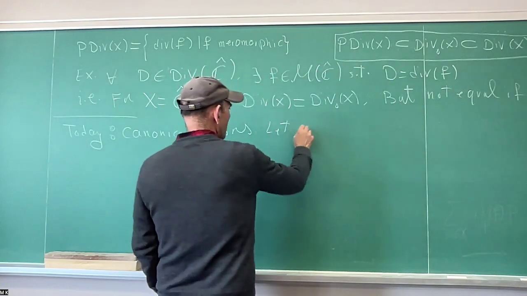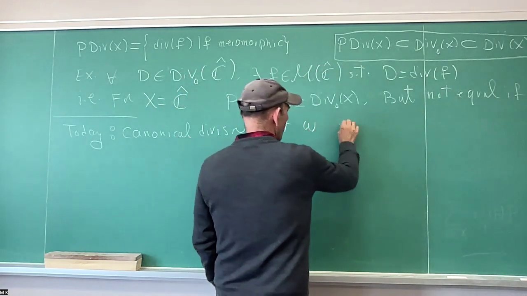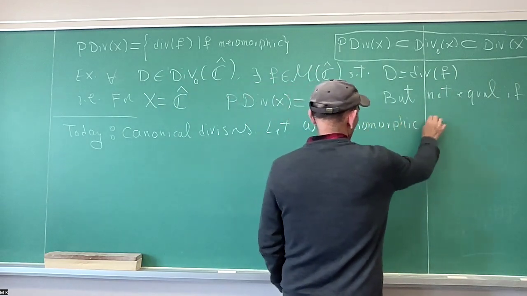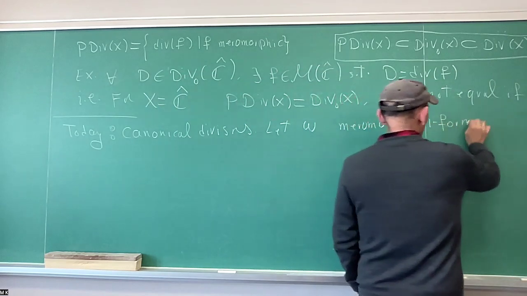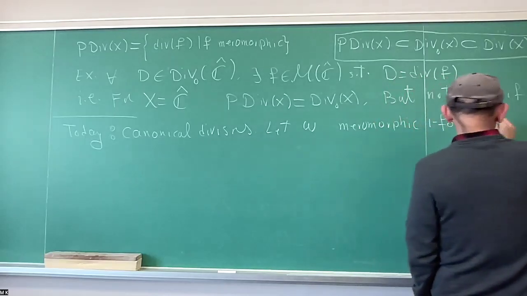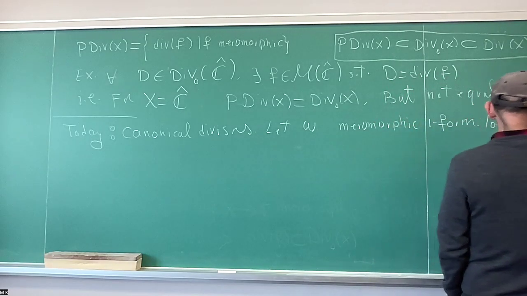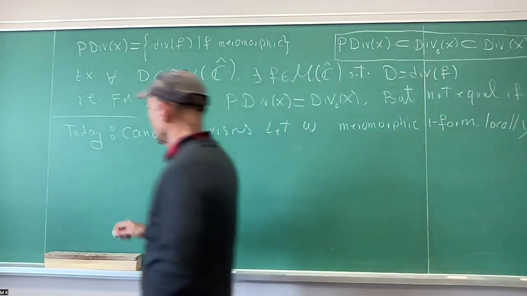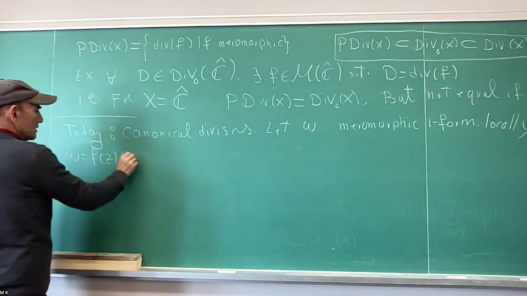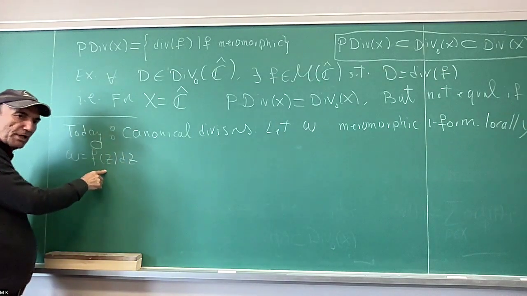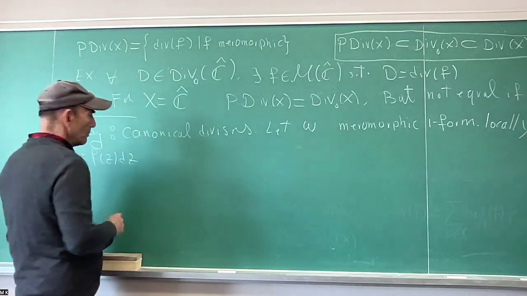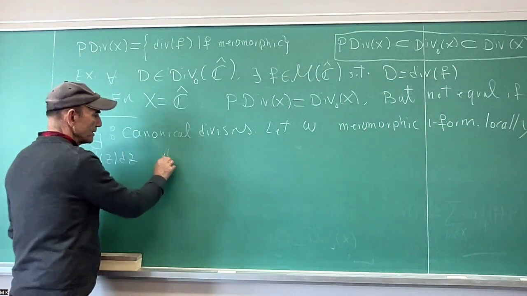So let omega be a meromorphic one form. Locally, we can always write this as omega equal to f of z dz. This f of z is only defined in a coordinate neighborhood and is a meromorphic function, right? So using this presentation, we can define